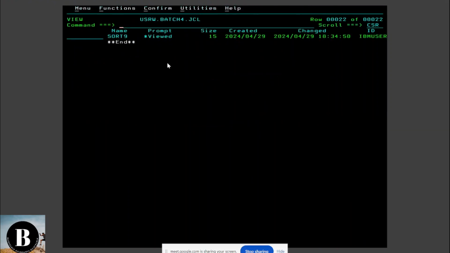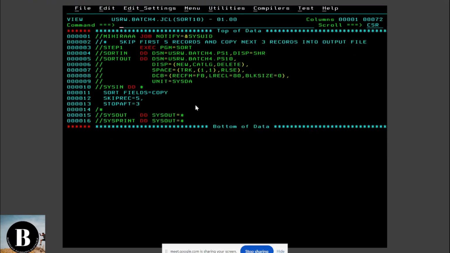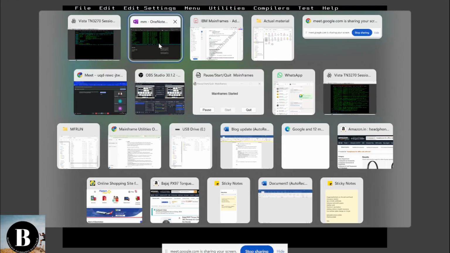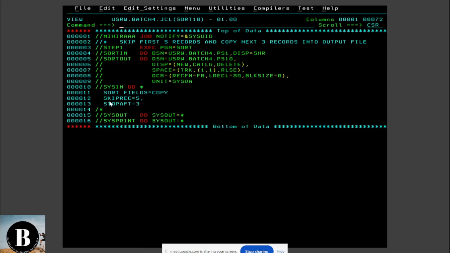And the last program for the day is sort 10. Here I want to skip the first 5 records and copy the next 3 records, like the 6th, 7th and 8th records. I don't want any other records. I want only the 6th record, 7th record and 8th record. I want only these 3 records, employee 6, employee 7 and employee 8. I don't want these first 5 records and I don't want these further records as well. So what we can do is